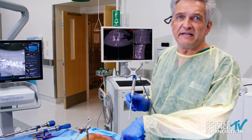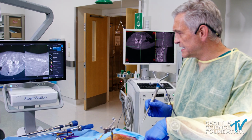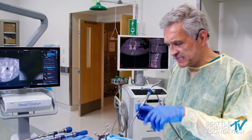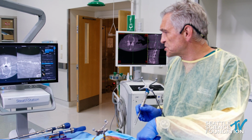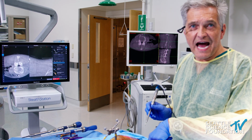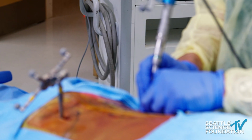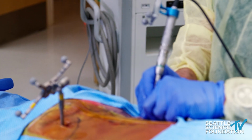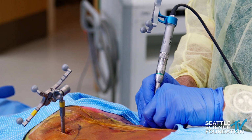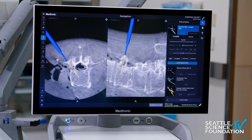so you can find that easily with your tap or whatever other instrument you use to get into the pedicle. Now here, the pedicle screw system that we have is not a single-step pedicle screw system. This company has a different system that's single-step, other companies too. So in this case, we have to prepare the entry hole and then tap before we put in the screws. So I'll use the drill, or the burr. So this would be the perfect entry point here for that pedicle. So I lift it up a little bit, and then I drill